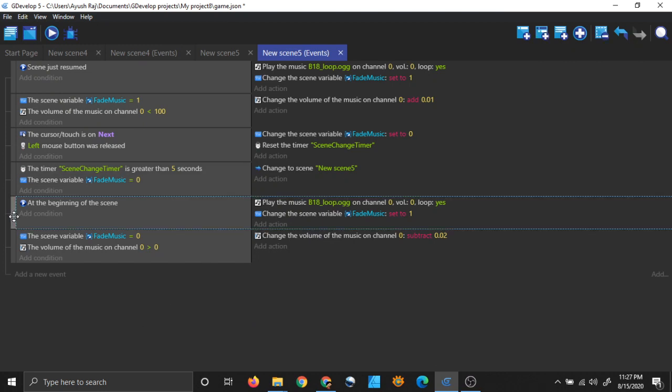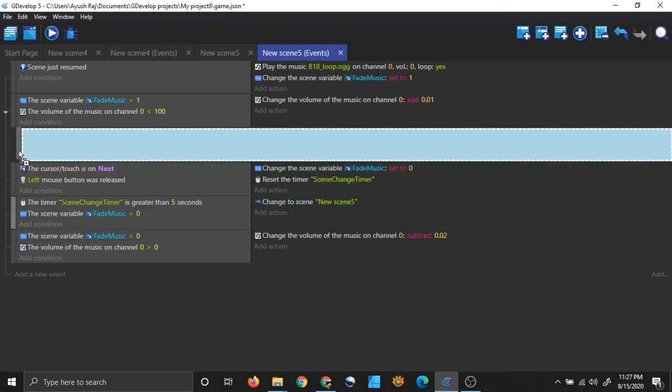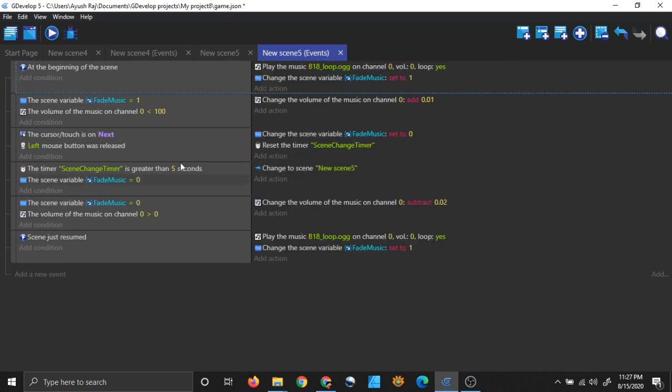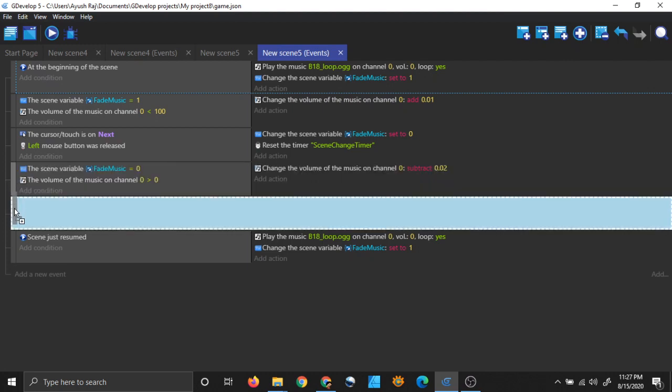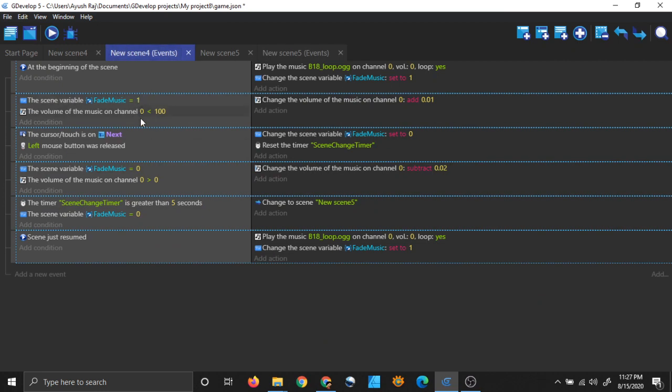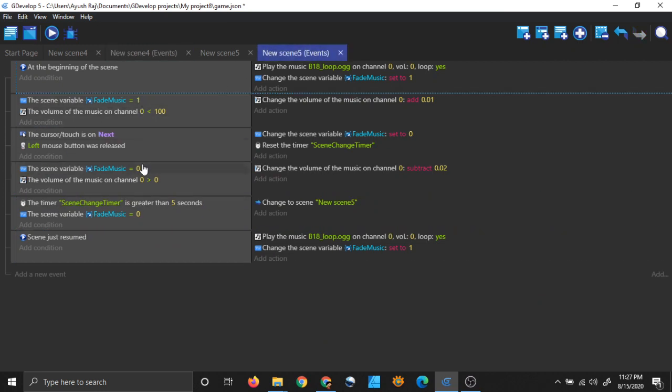Let me arrange them properly, just the same way as they are arranged in my new scene 4, right? And this one was here or there? It was here. Okay, I'm just arranging it the same way as it is arranged in my new scene 4.